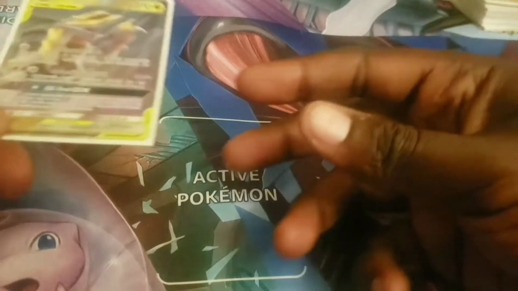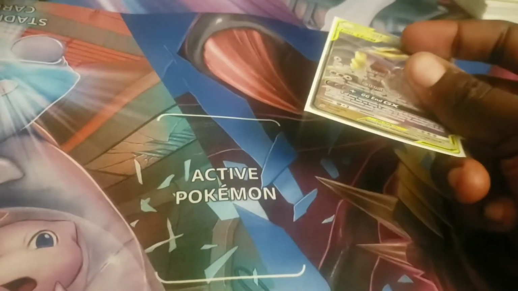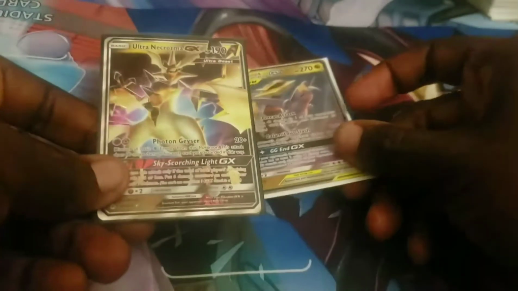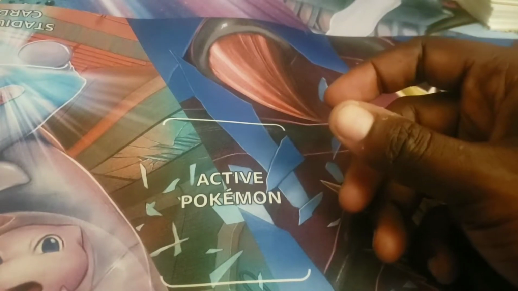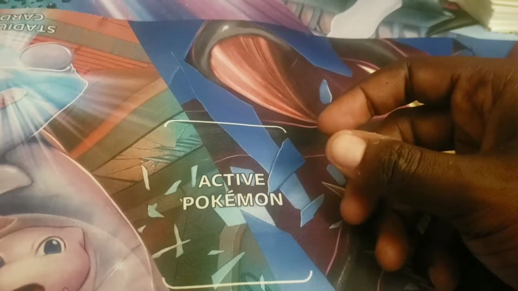So quickly for changes, this can alternate for any big tech attacker. So if you want to play Ultra Malamar, you can play Ultra Malamar instead of this, and then change the 2 fighting energy into 2 metal energies. The reasoning it's 2 metal energies or 2 fighting energies is just in case of prizing, because I'm really